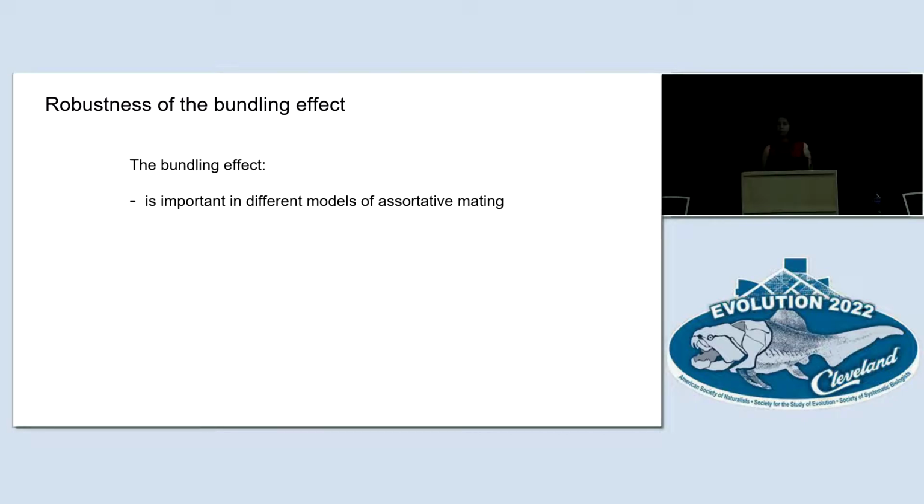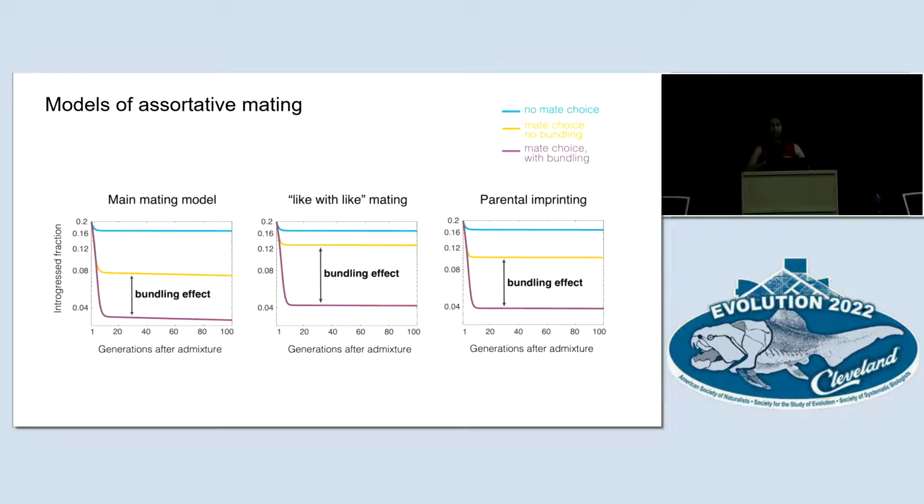Another model of assortative mating that's been shown to be important in the speciation literature is that of parental imprinting. So this is a case where an individual would most prefer to mate with another individual whose ancestry fraction matches that of their parents. So we ran identical simulations using these different models of mate choice. And here are the main mating models on the left, like with like matings in the middle, and parental imprinting on the right. And you can see that the bundling effect is playing an important role in all three